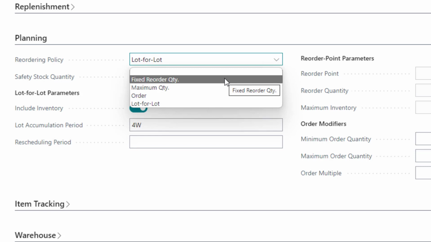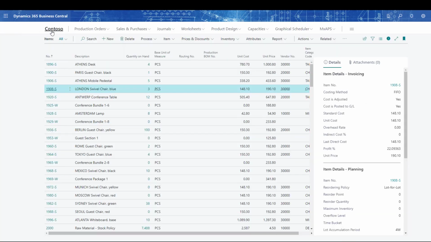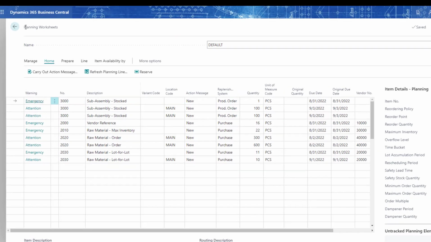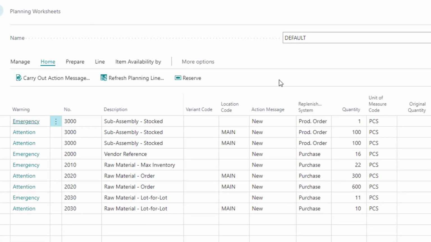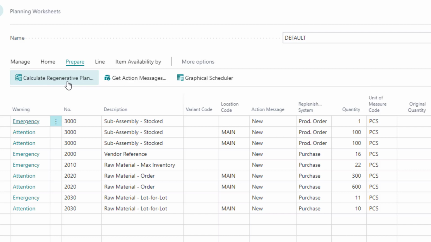So that's something that we like to help with and really dig into to work through those specific planning needs. And then what do you get out of that, right? So what is the purpose of filling that out on the item is we have something called a planning worksheet, right? And so this is where I come in and I calc my regenerative plan, my MRP plan to say,